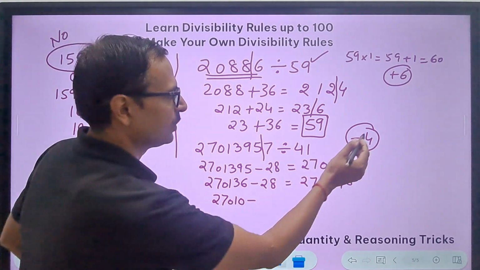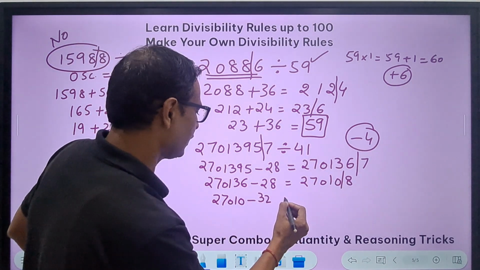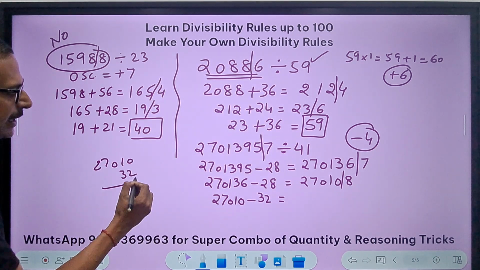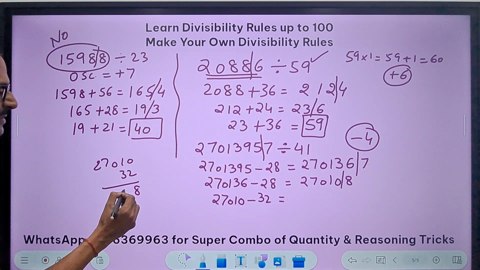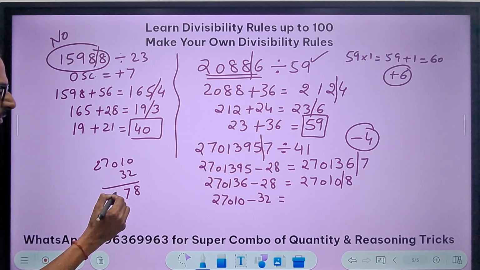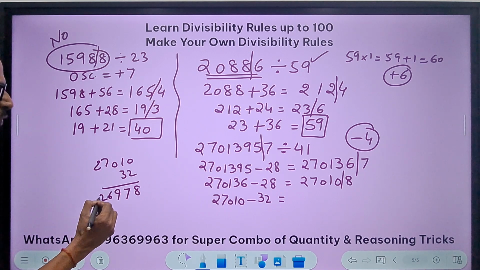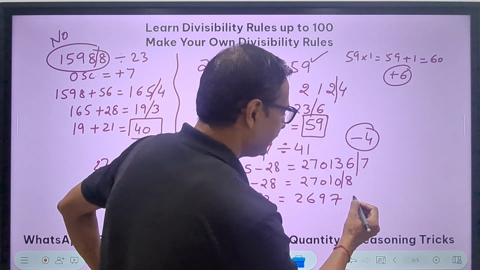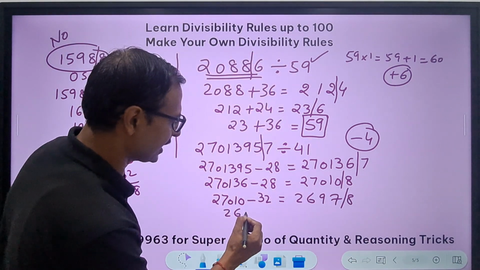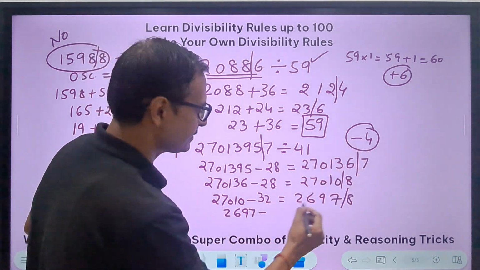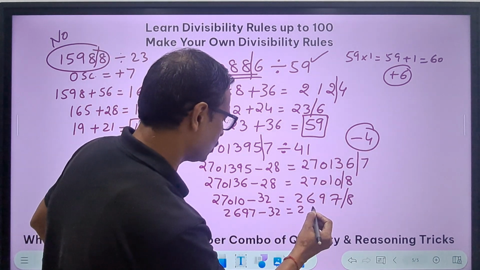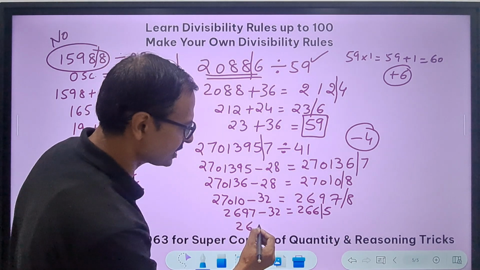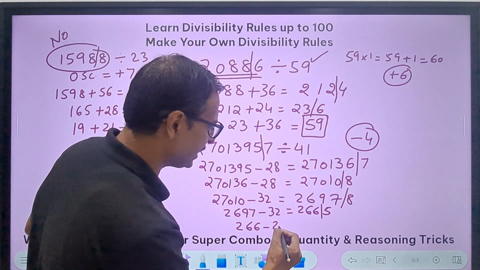27010 minus 32. So what will this be? Now 27010 and 32 is to be subtracted. So 8 and then 7 and then you have 9 here and then 6 and 2. So 26978, and finally separate out 2697 minus 4 times 8 is 32. That gives you 2665. It's getting closer now. So 266 minus 4 times 5 is 20, which gives us